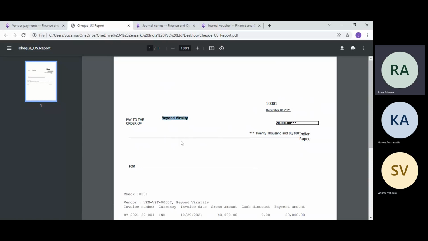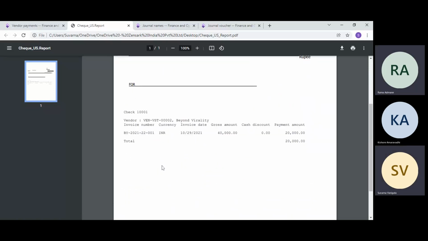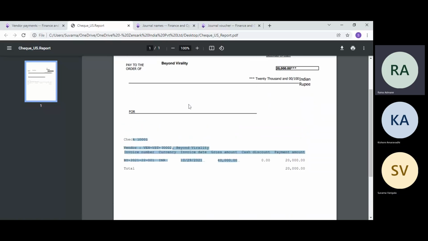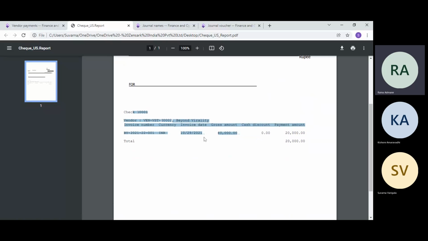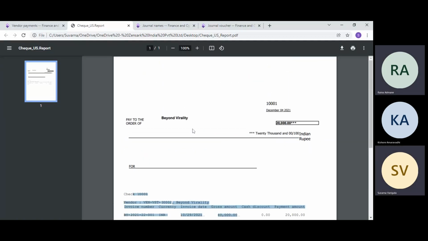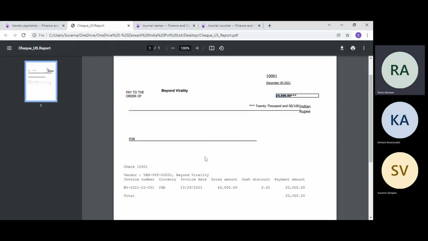Now the rest of the part will be a technical configuration. They will align that, or update that, like converting number to text, all these things. So they will design the format, and it will be printed on paper. The date will be there. So basic things are already there. Even the 20,000 amount is also printed in Indian rupees. Some alignment is needed there, which will be done by the technical guys.